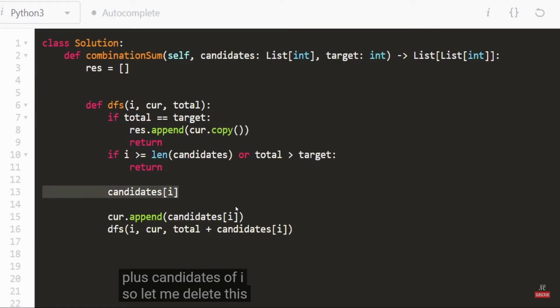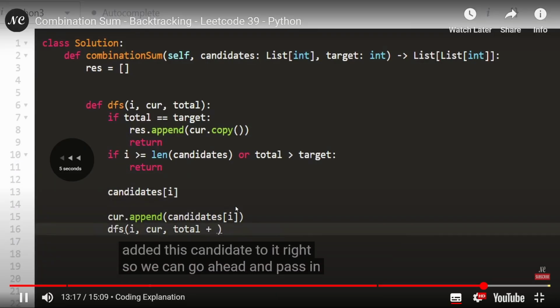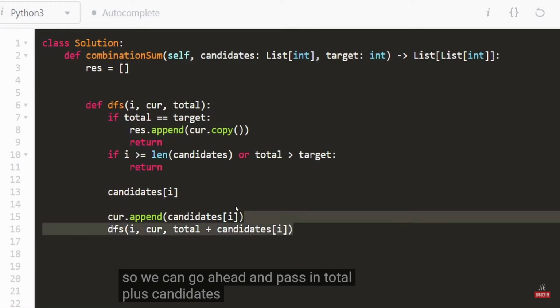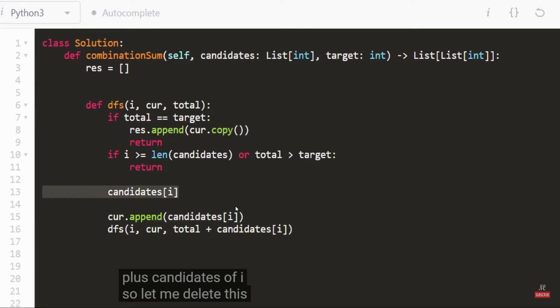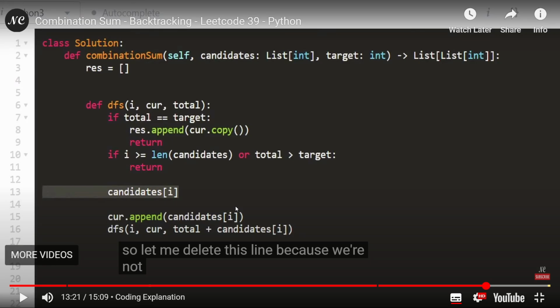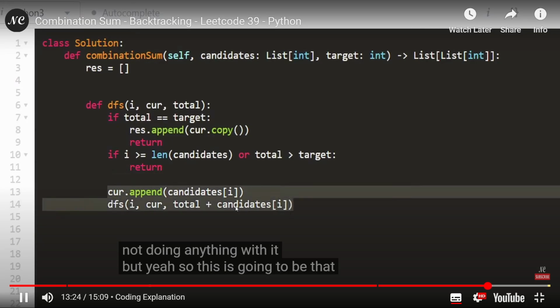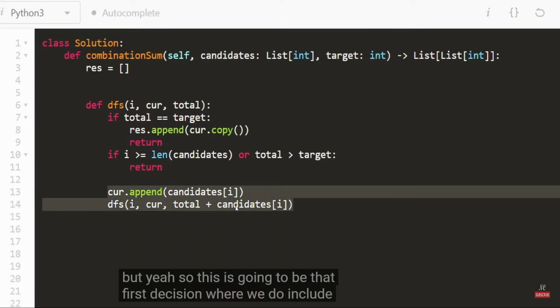So let me delete this line because we're not doing anything with it. But yeah, so this is going to be that first decision where we do include the